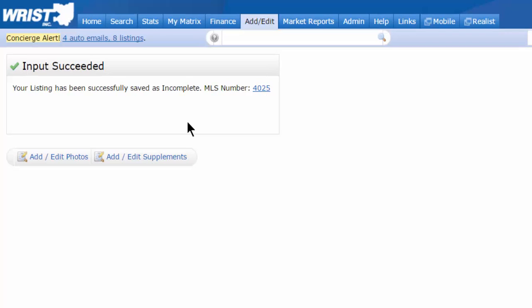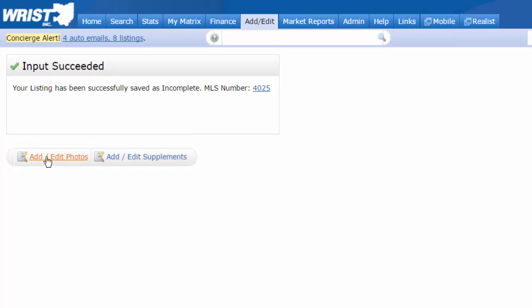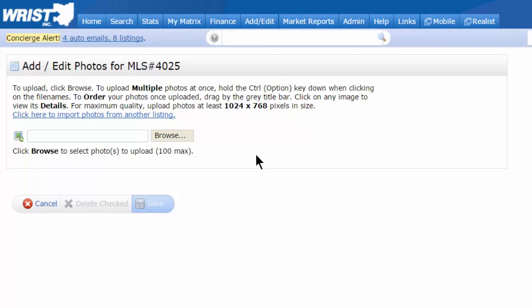Now that your listing is saved as an incomplete listing, what you can do before it goes live is add and edit your photos, and even add and edit your attachments or supplements. So just click on the Add Edit Photos, and it takes you to this section. Here you'll notice that you can upload up to 100 photos, and we encourage photos at least 1024 by 768 pixels in size. We'll import as many photos as quality-wise as possible, but just the bigger the better is what we encourage you. So simply hit the Browse button,